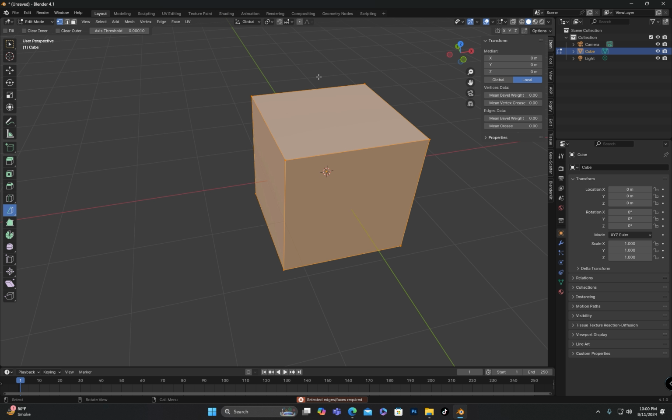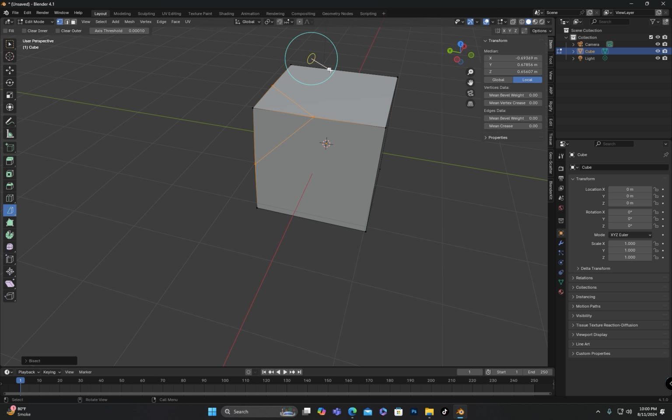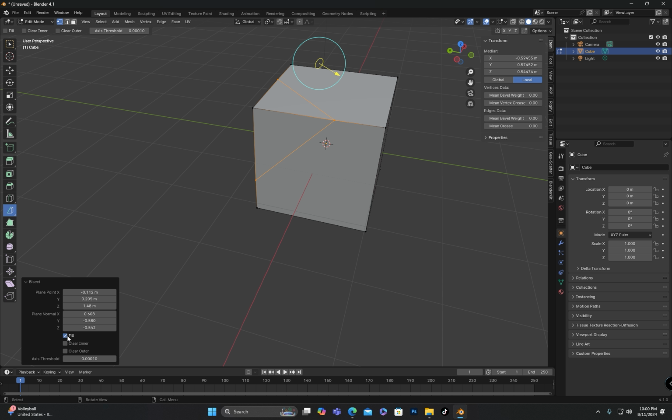Then if I left click and drag, I will see a preview of where the cuts or edges will be added. Once I reach the desired position for the cut, I will release the left click and the cuts will be added in those locations. However, even after releasing, I can still adjust the position of the cuts by clicking and dragging the arrow to move them around. By clicking on the arrow, additional options are revealed, including the fill option.